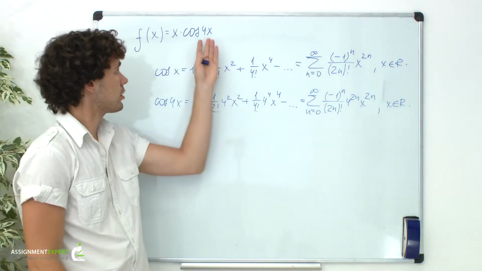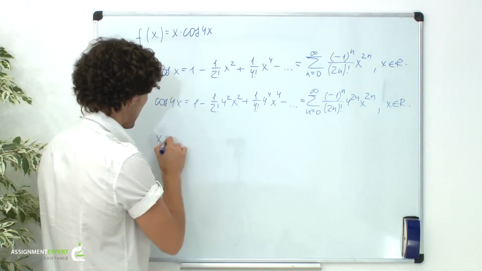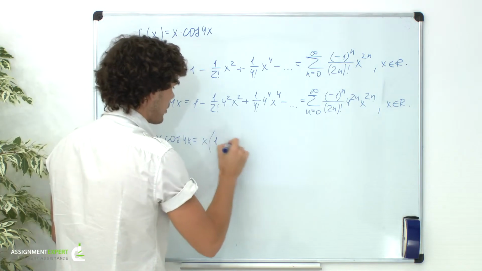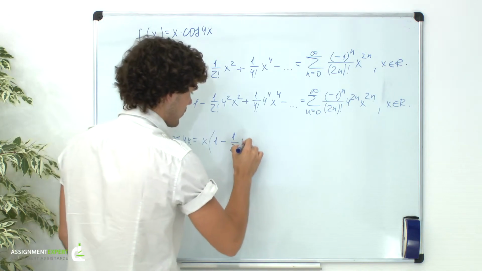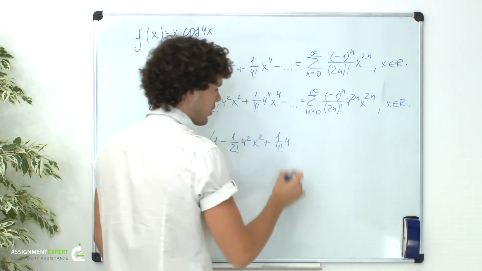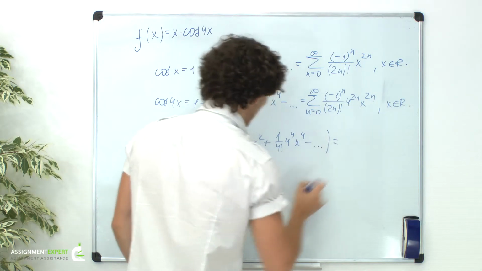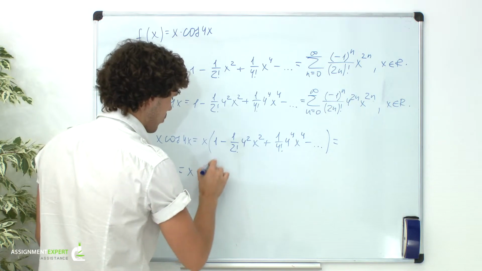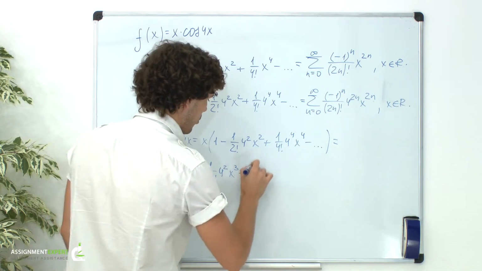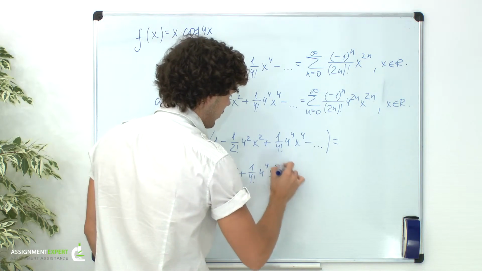Finally, to find the Maclaurin expansion of our function, we need to multiply both sides of this equation by x. X times cosine of 4x equals x times this expression, 1 minus 1 over 2 factorial times 4 squared times x squared plus 1 over 4 factorial times 4 raised to the 4th power times x raised to the 4th power, and so on. And this gives us x minus 1 over 2 factorial times 4 squared times x cubed plus 1 over 4 factorial times 4 raised to the 4th power times x raised to the 5th power,